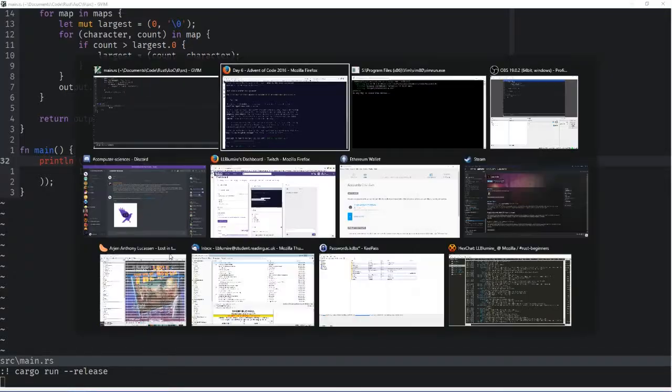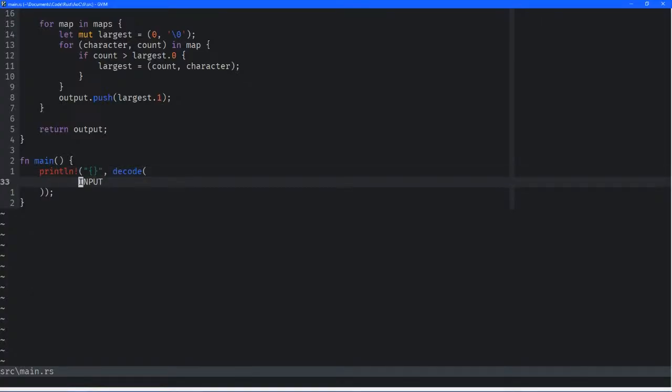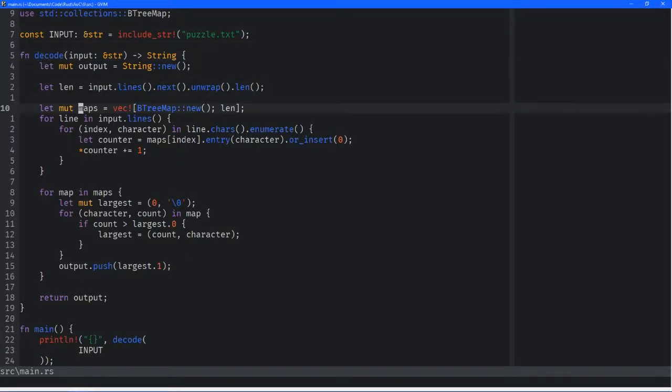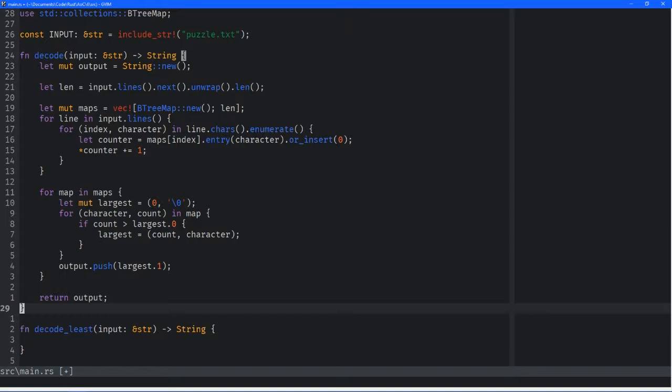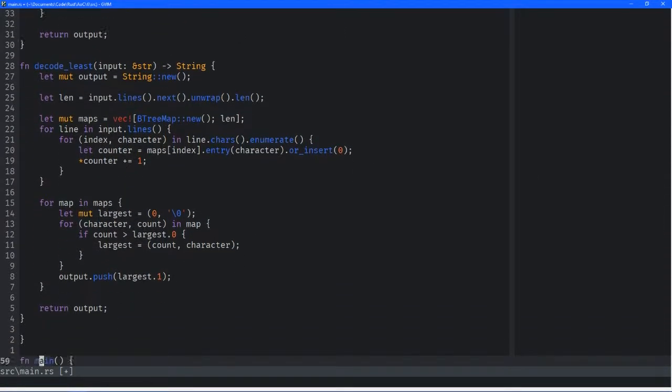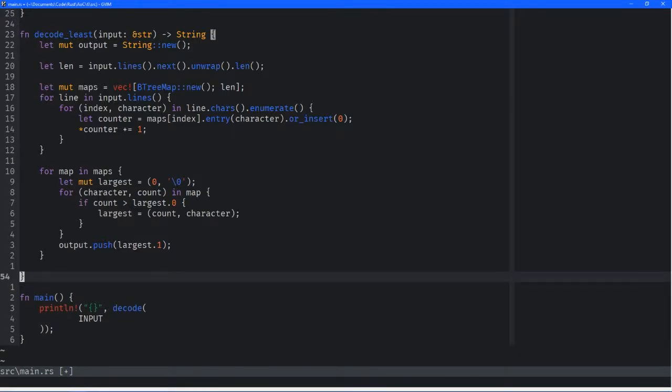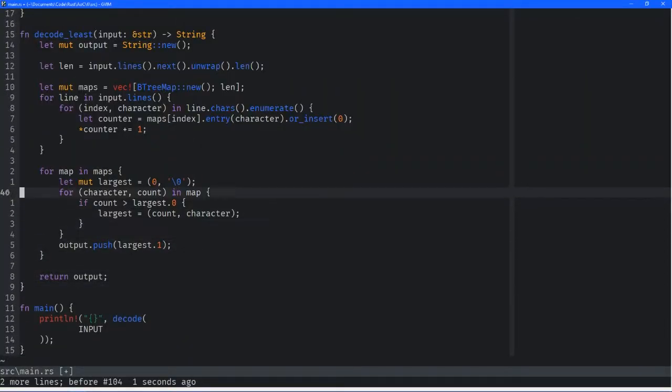Okay, so we're just doing least common in the repetition code. Cool. Fn decode least, input string, yield string. Copy all of the exact same code, literally to the letter. This may be the easiest part too, if I'm understanding what they're asking right. And now here, change that to smallest, change that to some really big number, and by that I mean